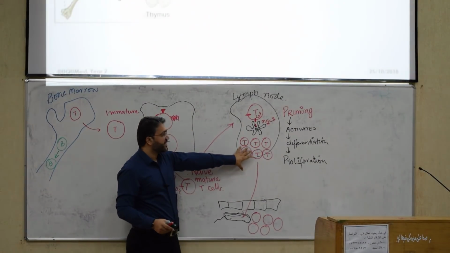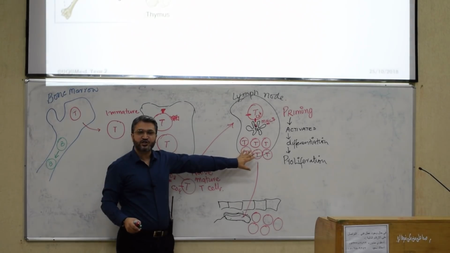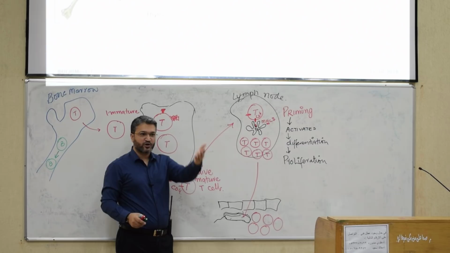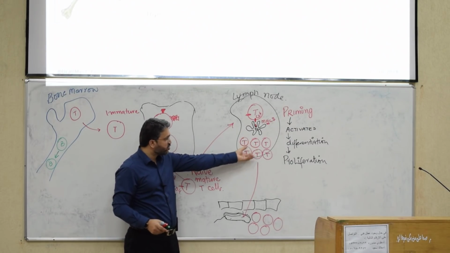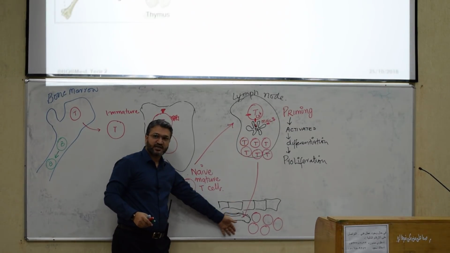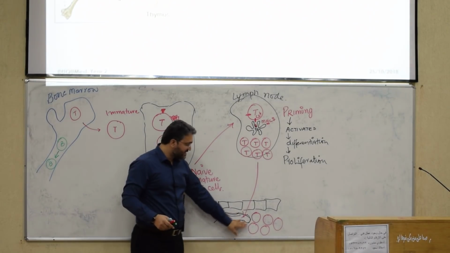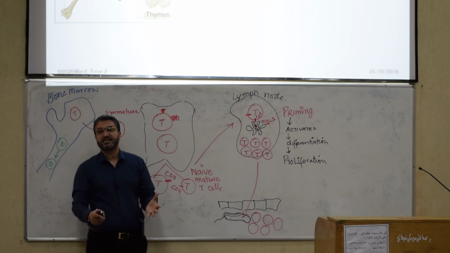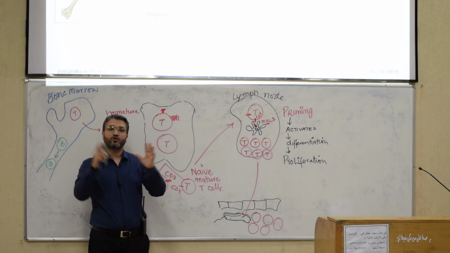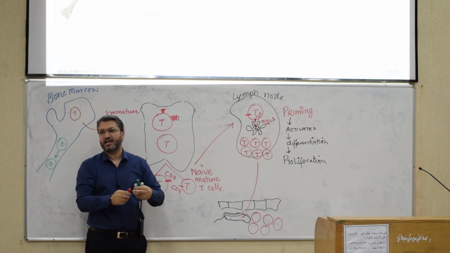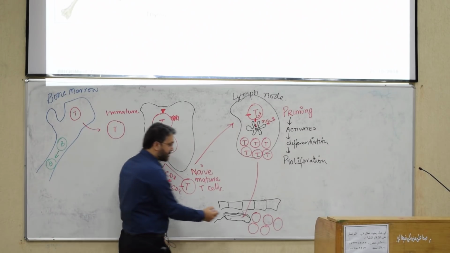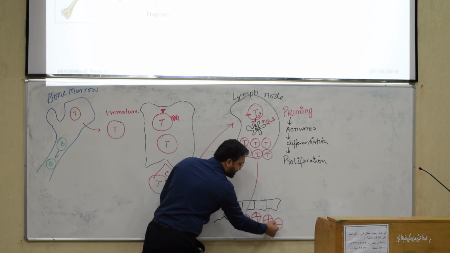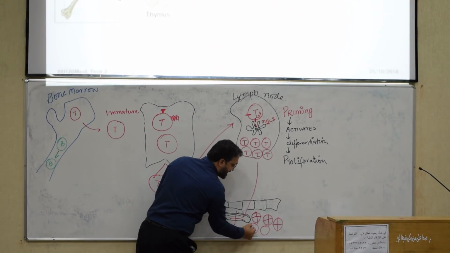These proliferated cells, with the help of which cytokine do they have to come here? Chemokine, excellent. The chemokine is going to call these cells towards the pathogen, where the pathogen is. Once they kill the pathogen, then the big army of cells has to reduce back. You will kill the remaining cells with the help of apoptosis, which is programmed cell death. Now the pathogen is destroyed, so you kill the extra cells, and just a couple are left as memory cells